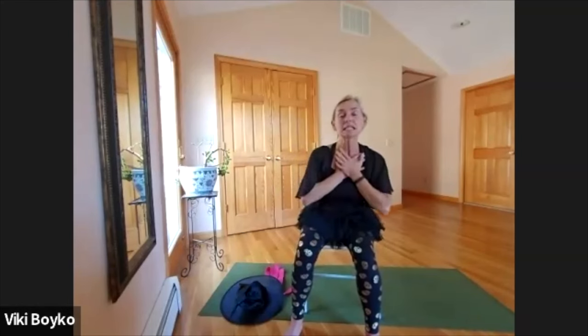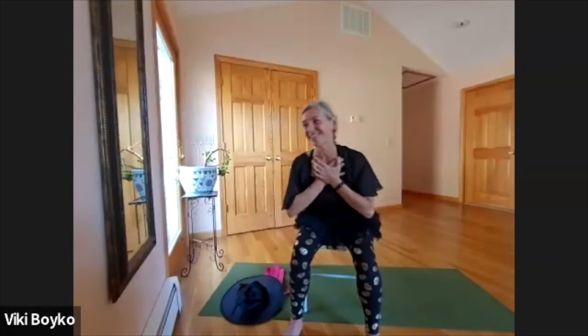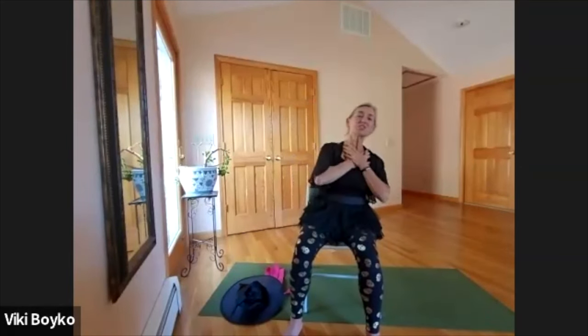How does that feel? So one of the other places that the vagus nerve goes around is around your voice box. So when we make sounds, little humming sounds, it's a way of telling ourselves that we feel safe and centered and calm. So we can put the hands again to the heart and begin our soft stir of the heart, very soft stir. But I might encourage you as you breathe out to just make a